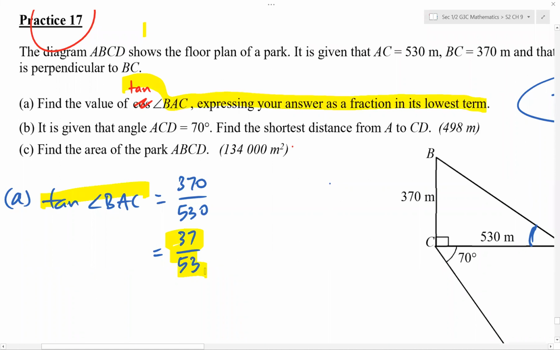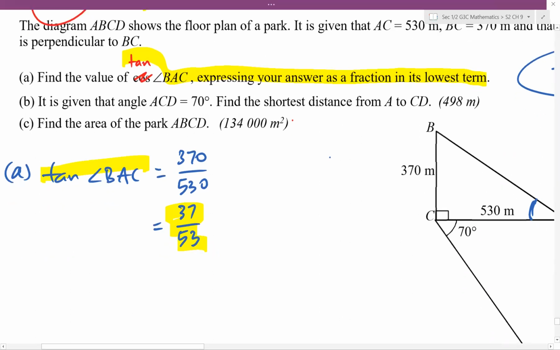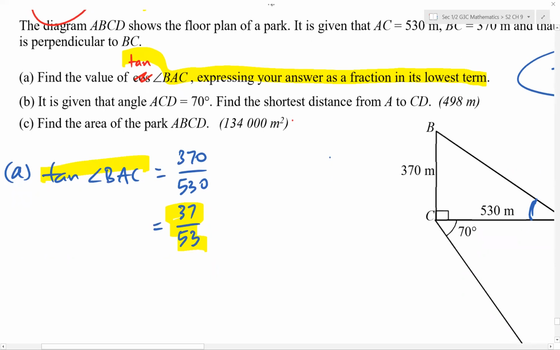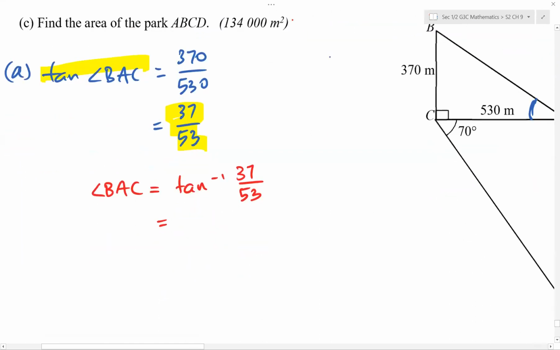However, maybe due to inexperience or perhaps a little too much experience in other types of question, you may go on to intuitively find the value of BAC. And you carry on to say, okay, this is tangent inverse 37/53, and you tell the marker this value,